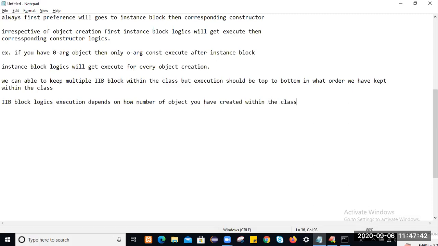The number of objects you create, that number of times your IIB block will get executed. It's not dependent on constructor execution.